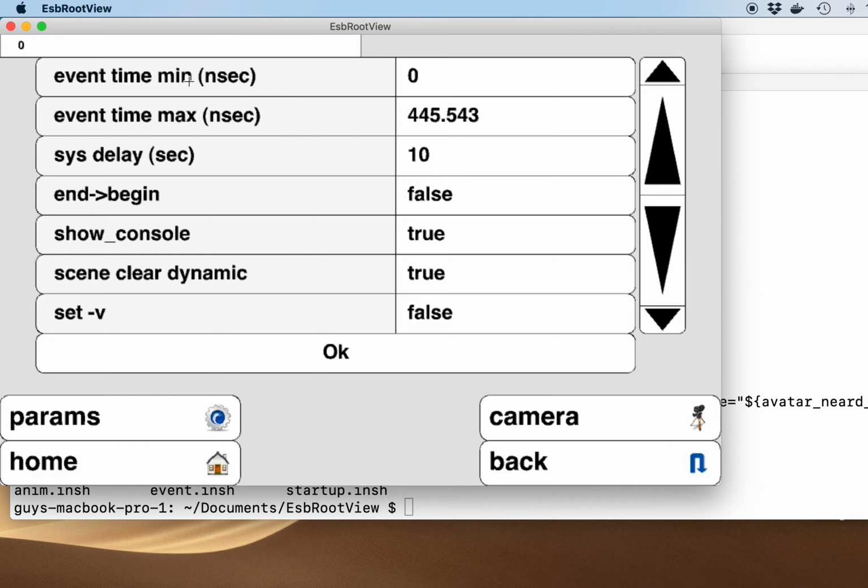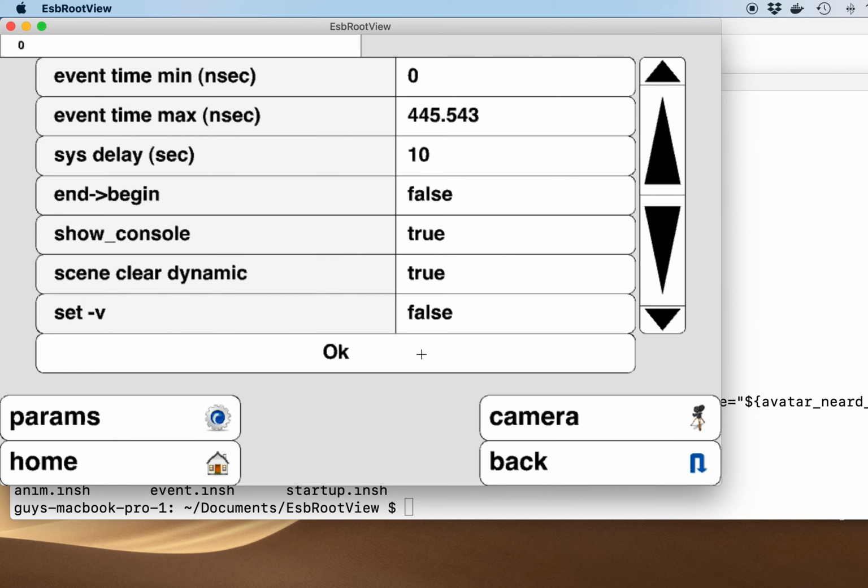The first two give a range in time of what is found in MC tracks and WC detector points, which go here from 0 to 445 nanoseconds. And the third item here is to give the time that you want in elapsed time for the animation. Here it's going to be 10 seconds.